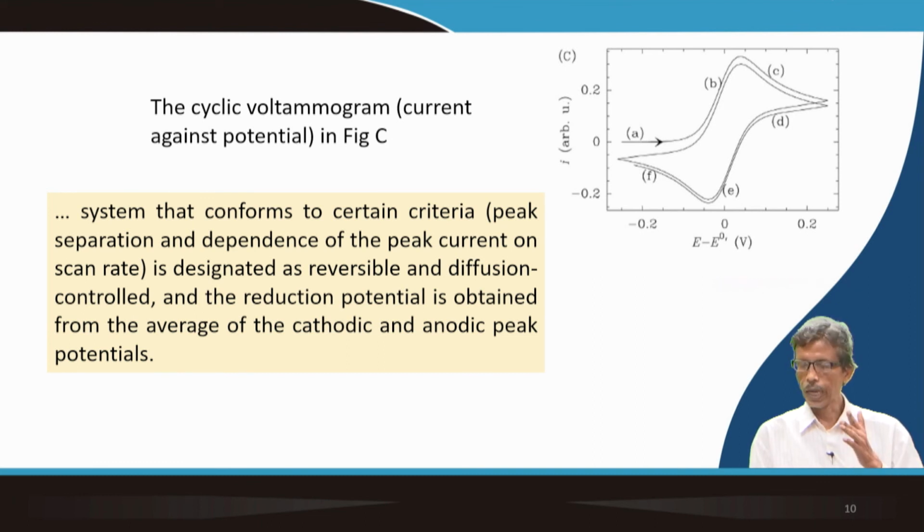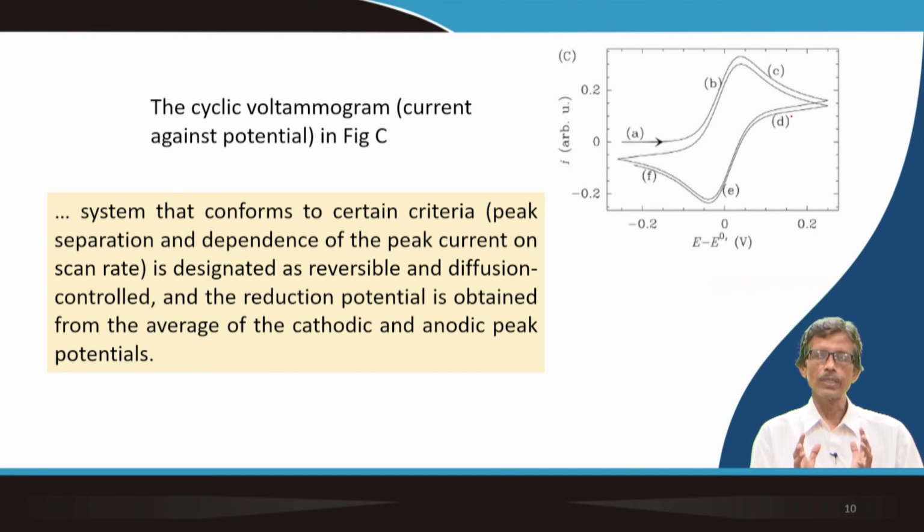Sorry, anode is oxidation and cathode is for the reduction. So, these separations, if one peak is there and another is there, you have the delta, and if it is peak to peak separation, you have the delta EP value. This separation basically depends on the peak current and on scan rate, and it is designated as reversible only if this separation has a certain magnitude, which is 60 millivolt only,